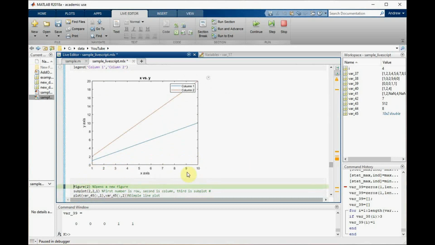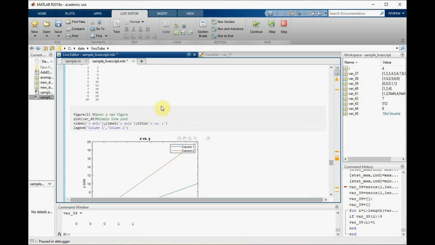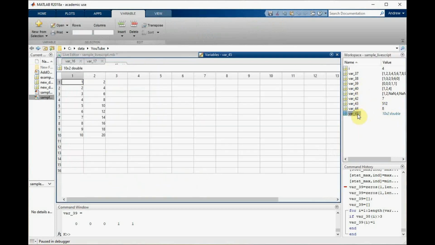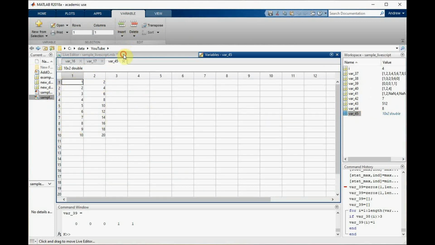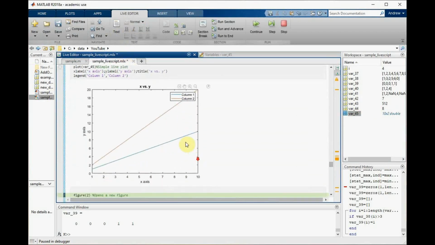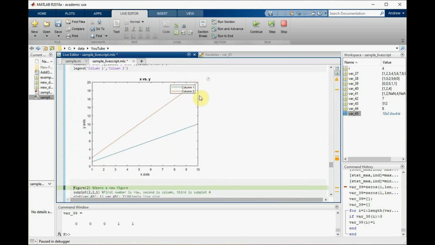So you've got, if I open up 45, all it did was use these numbers on the left here. So for column 1, it's a 1-to-1 ratio. Column 2, it's a 2-to-1 ratio. And it did that. If we wanted to find it, and even though I didn't put it on here, you